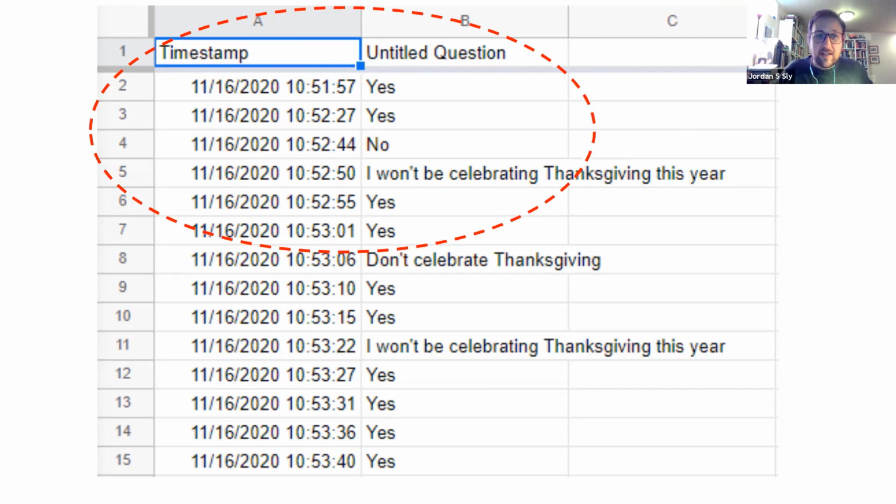Maybe it would be of interest to my study to understand that all of the people who answered that they will not be celebrating Thanksgiving this year answered on a particular date, for example, or at a specific time. Now, this is a silly and overly simplistic version, but the larger question still remains. What is the data we can pull from a singular answer? And this is one of the central questions to consider with data collection.